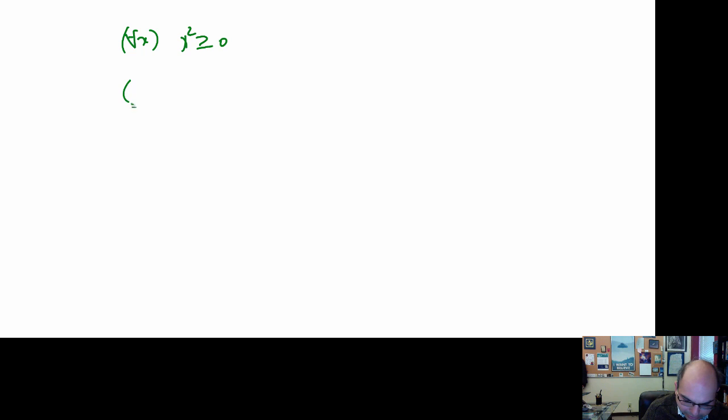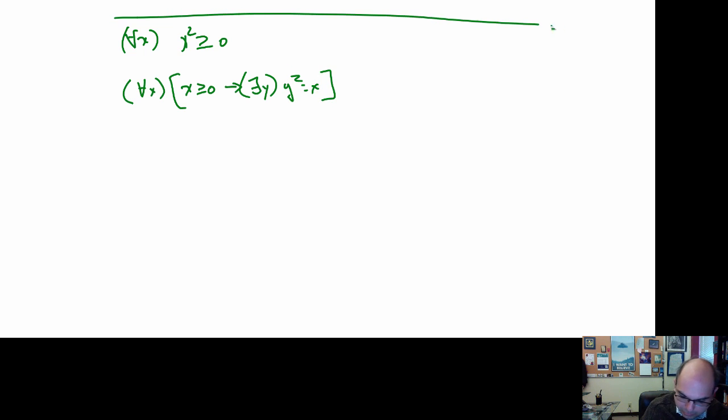And here's another one. For all x greater than or equal to 0, there exists a y such that y squared is equal to x. Okay, so yeah, these are both true theorems, and you can use them in proofs, of course. I want you to consider some other theorems that we could have. For all x,